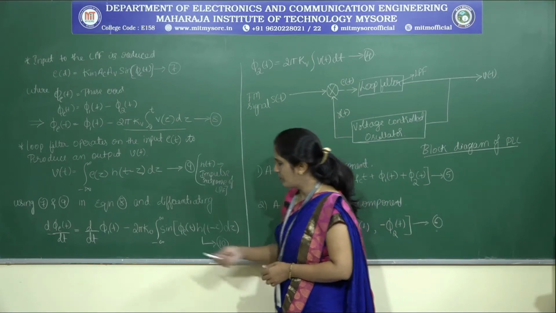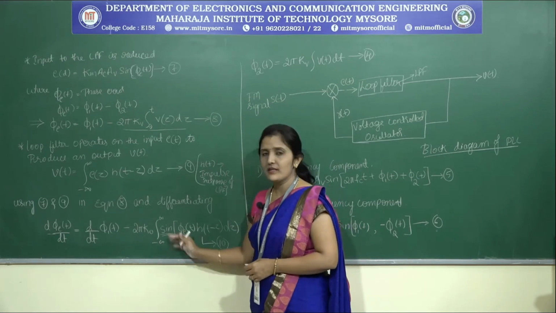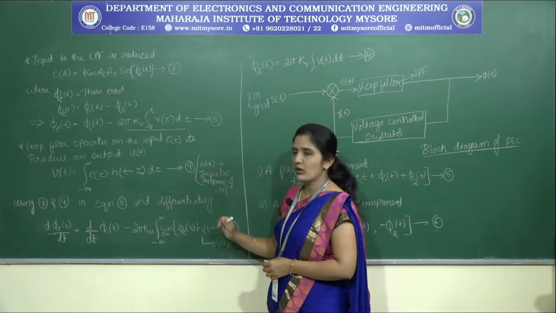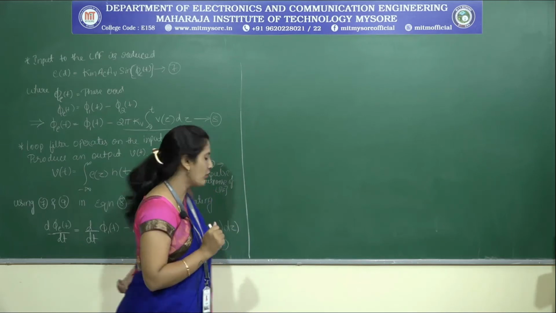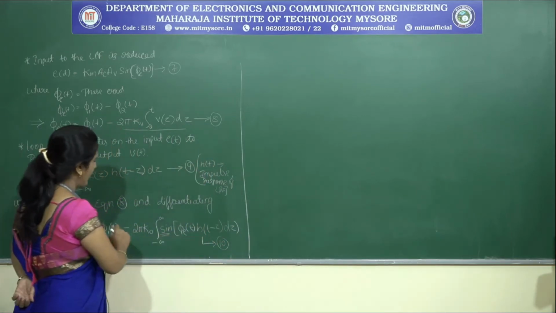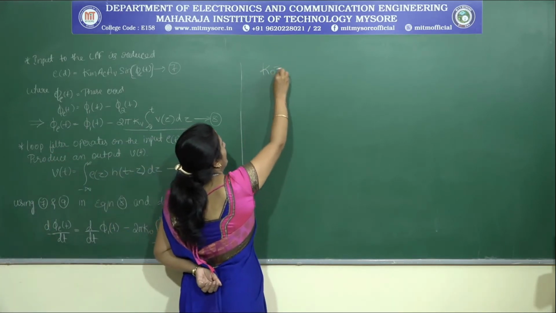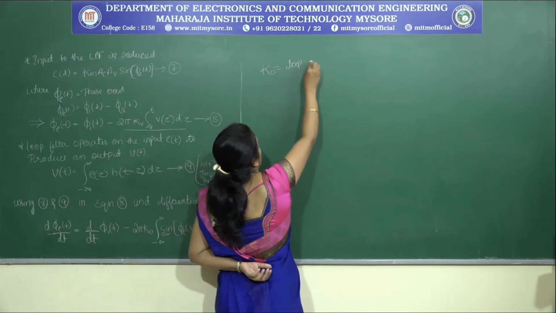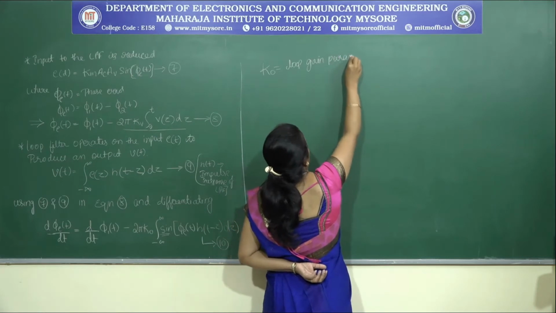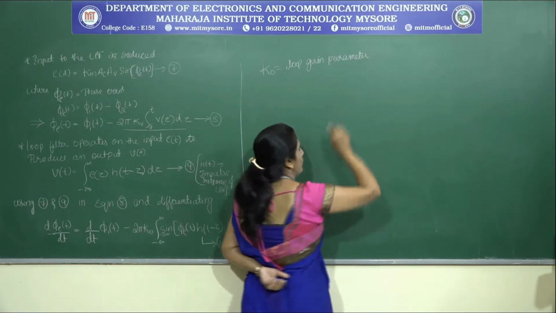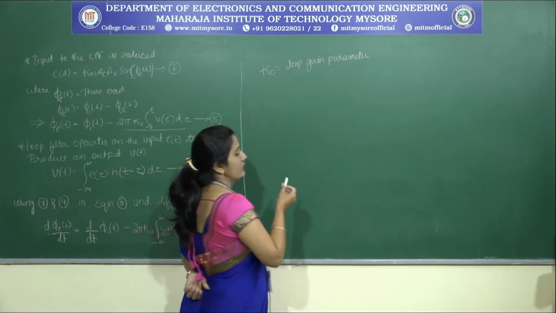Along with that, you can observe that here we are going to get the sine term. So later we will see what is called the non-linear model of the phase lock loop. Let us write the non-linear model of the phase lock loop considering all these parameters. So here k naught is the loop gain parameter. If we are going to represent the non-linear phase lock loop block diagram, this is what?